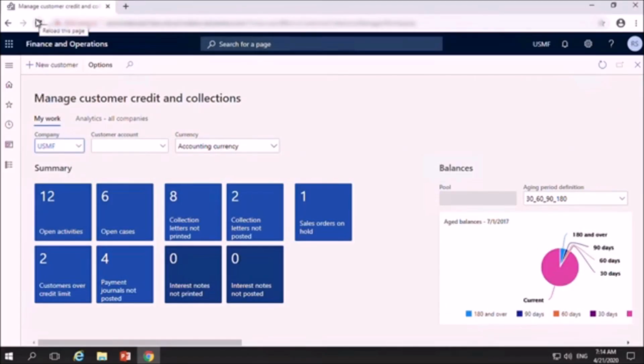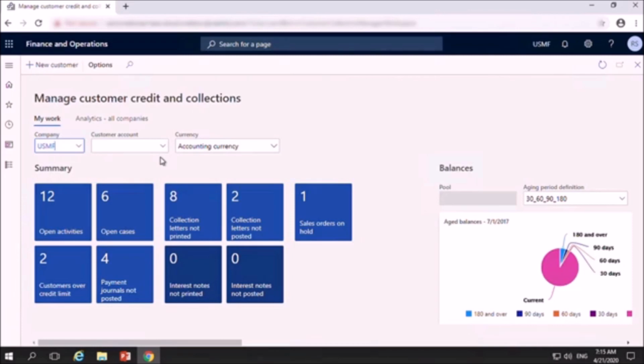Microsoft Dynamics Customer Credit and Collections worksheet. So you see there is a My Work tab under which you can specify which company database you want access to. You can even specify which customer account you want to look into, but you can also look at the entire customer data as well.